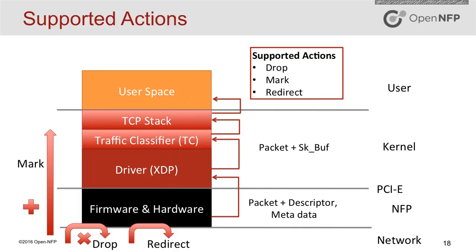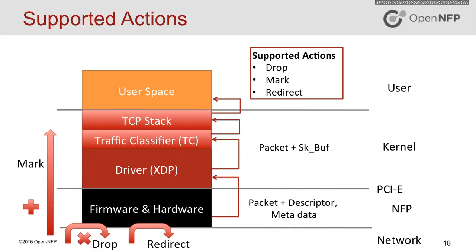So when we run the eBPF script in our firmware and hardware, which actions within eBPF do we support? In effect, the first one we support is drop. So you can see that with the X at the bottom. A packet comes in, it runs through the eBPF script on the hardware, and we might choose to drop it. So in the prior example, that might be the case where it matches that specific IP address in a blacklist.